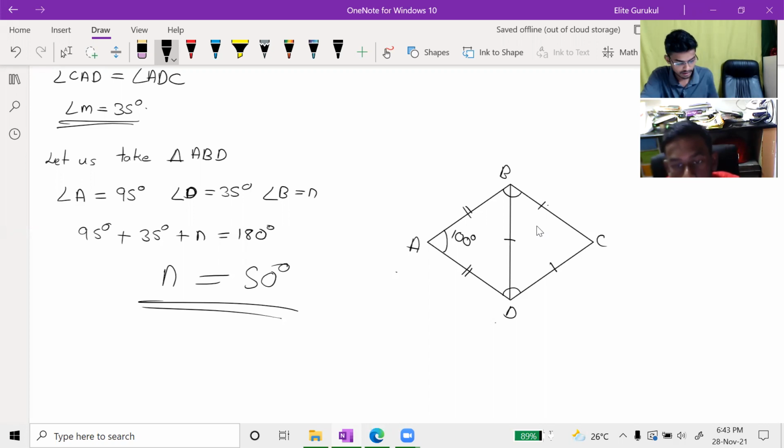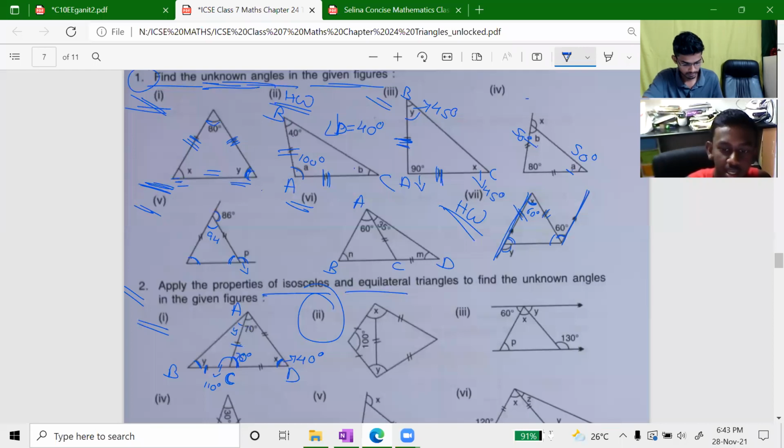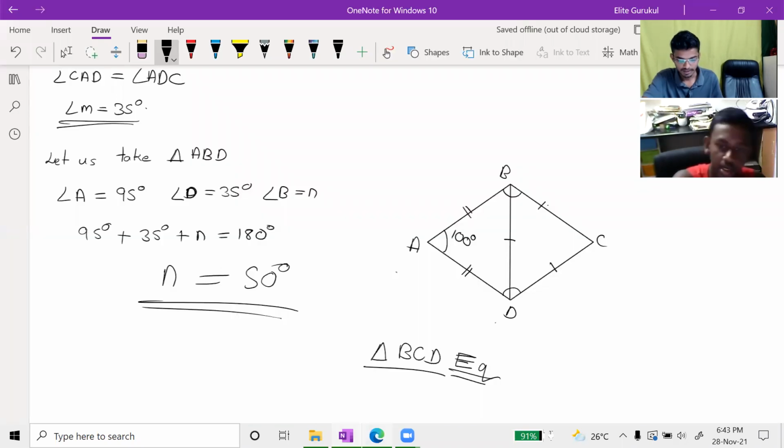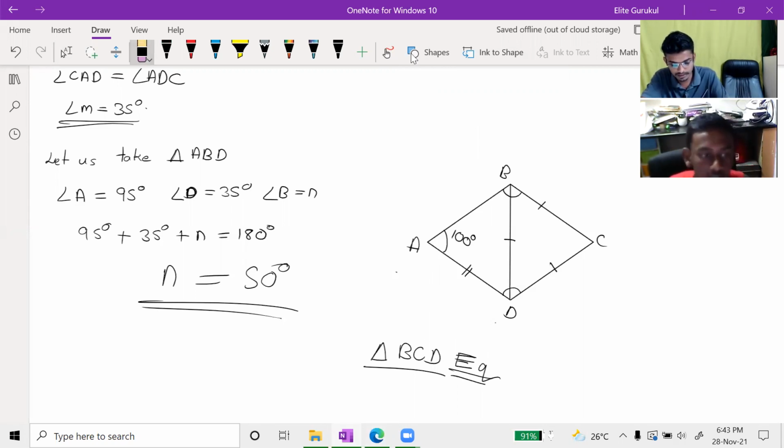Now we know that triangle BCD is an equilateral triangle. Yes or no? So here we have marked it wrong. Okay, they are just lines. No problem. If you want, I can change it. I will tell you what it means. This is confusing. This one line shows that if this is also one line and this is also one line, it means these are equal.